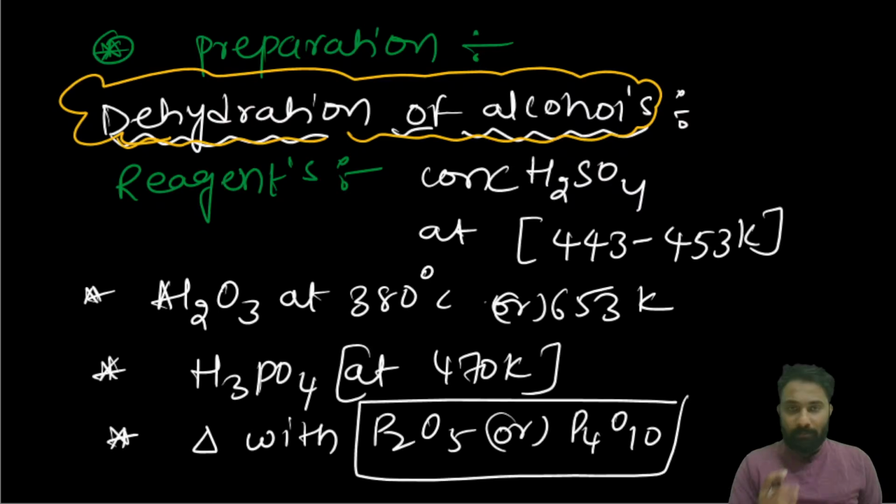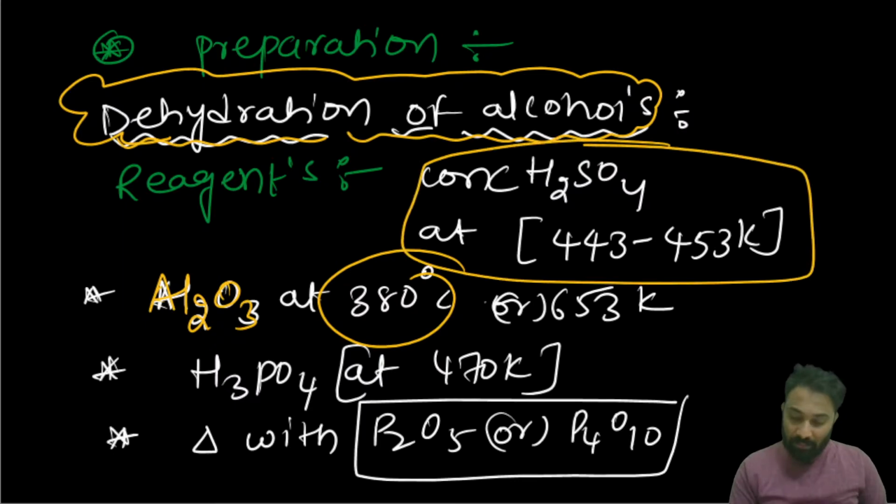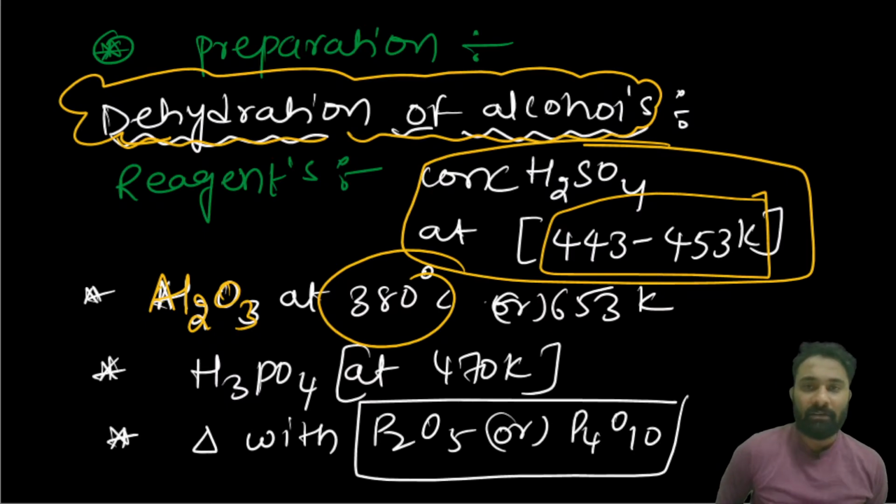Clear? Now here, what are the dehydration reactions? First we'll see the reagents. Dehydration reaction very fast. Now you have to remember these reagents. One is Al2O3 at high temperature and concentrated H2SO4 at high temperature, and we know that if concentrated H2SO4 and the alcohol are given at different temperatures, we will get different products. Already I explained very clearly. That's the reason we have to maintain high temperature. If you maintain low temperature, what different products will we get? Already I explained very clearly. Then next